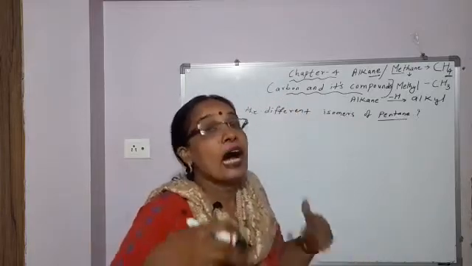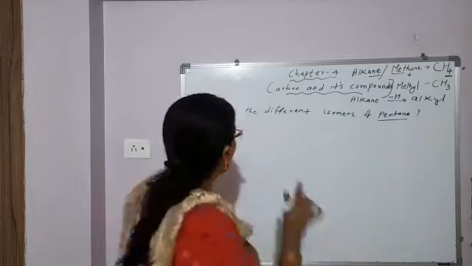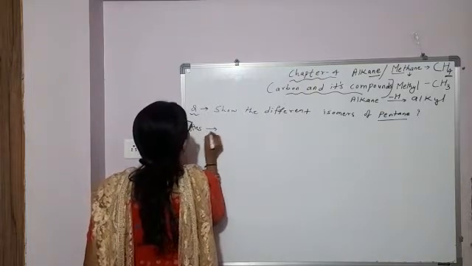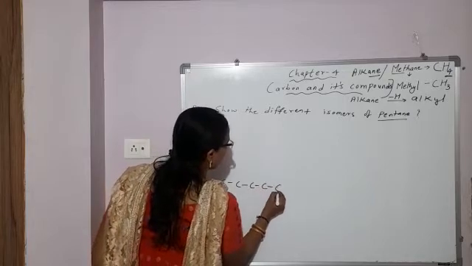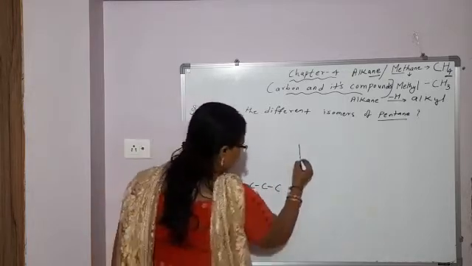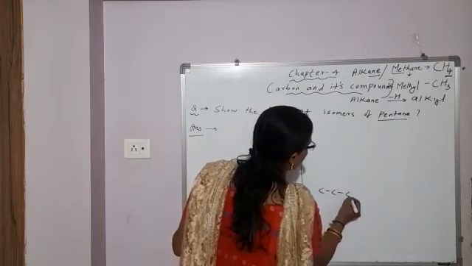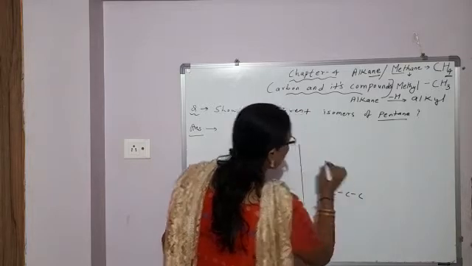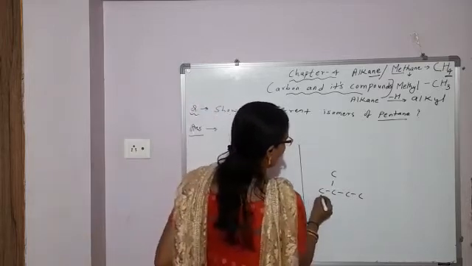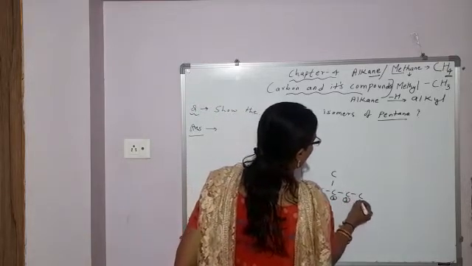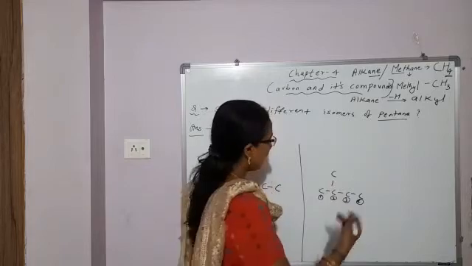So you will think in how many ways you can arrange these 5 carbon atoms. So first way, these 5 carbon atoms you can arrange in straight chain. This is first condition. Second, 4 carbon atoms you can arrange in straight chain and 5th carbon atom in branching. From this side, this will be first carbon, second carbon, third carbon, fourth carbon. In second last carbon atom you have put branching. Okay, next, third.